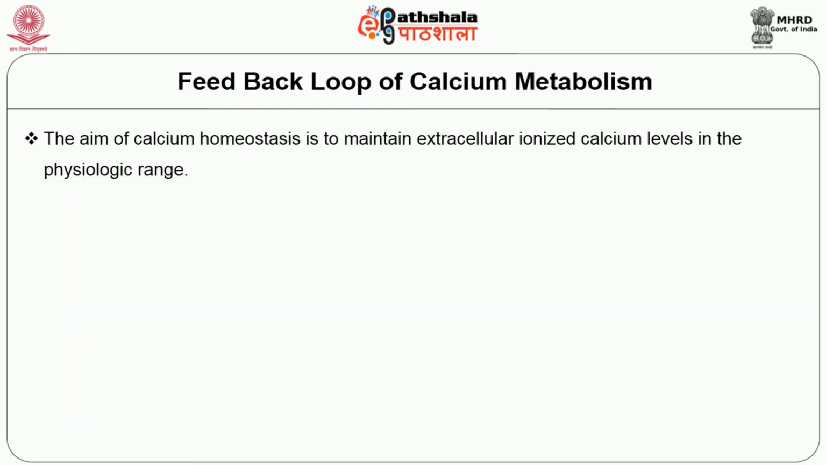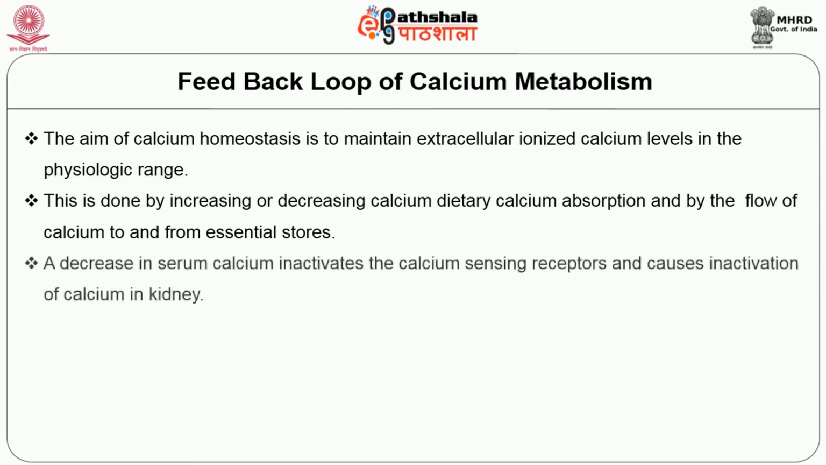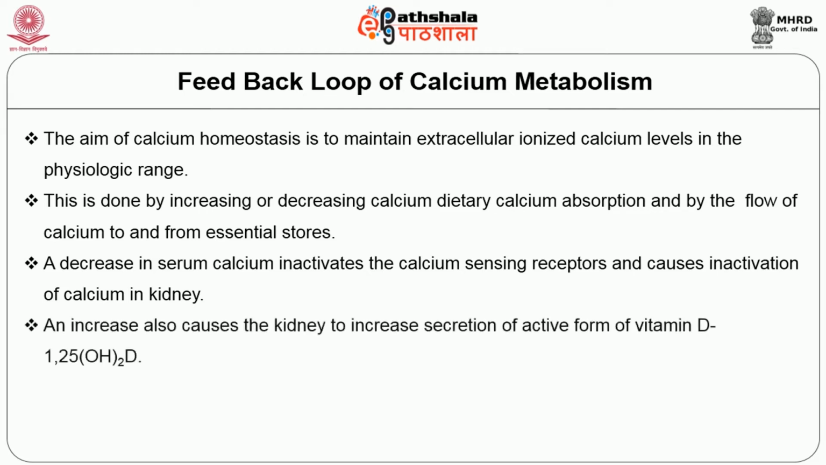The next aspect that you are going to understand in homeostasis is the feedback loop of calcium metabolism. The aim of this homeostasis is to maintain extracellular ionized calcium levels in the physiological range. This is done by increasing or decreasing dietary calcium absorption and by the flow of calcium to and from essential stores. In case there is a decrease in serum calcium, then it activates the calcium sensing receptors and